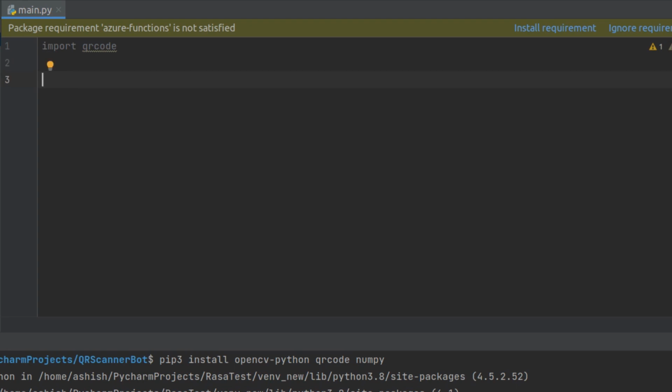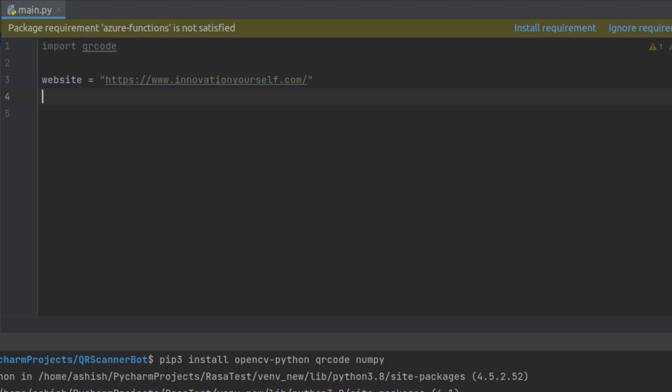Now the next thing is that first of all we have to provide a website where we want to be redirected in case I scan the QR code. So for that, let's say website, and right now I will provide my official website, www.innovationyourself.com. So I have the website and I have provided the data over here.